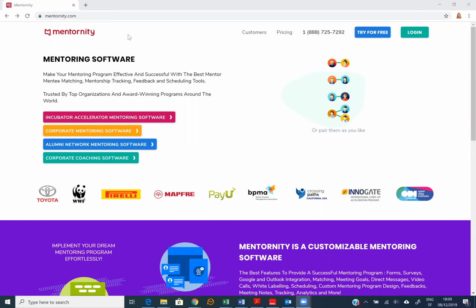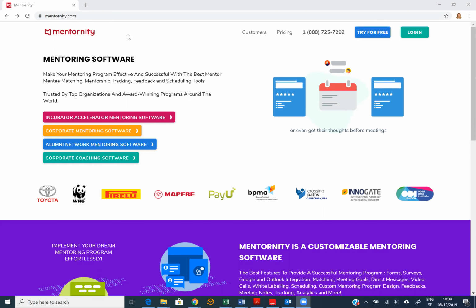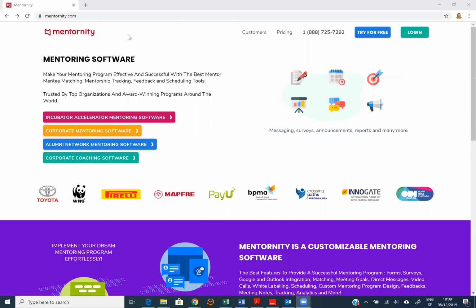One will be around setting your account, setting up your profile. Going through the mentee perspective would be the second part, and the third one doing the same from the mentor perspective. That should take us probably anything around 15 to 20 minutes. So bear with me. But first thing first, just to make sure that you can access the platform, you should